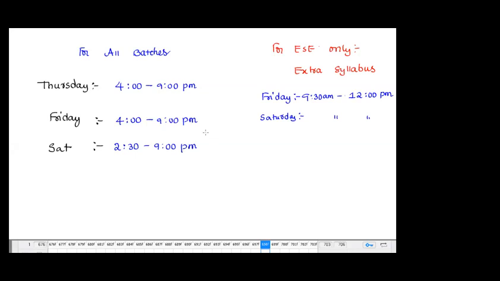But anyway, you have to come on Saturday, from 2:30 to 9 p.m., and Sunday is a holiday. Whoever has classes from the 6th onwards, you can travel on Sunday or Monday and join the respective hostels over here. So you can do whatever you want on those 1 or 2 days. By this time I can definitely finish the syllabus. The syllabus will definitely be completed. But as we have taken a lot of time today,